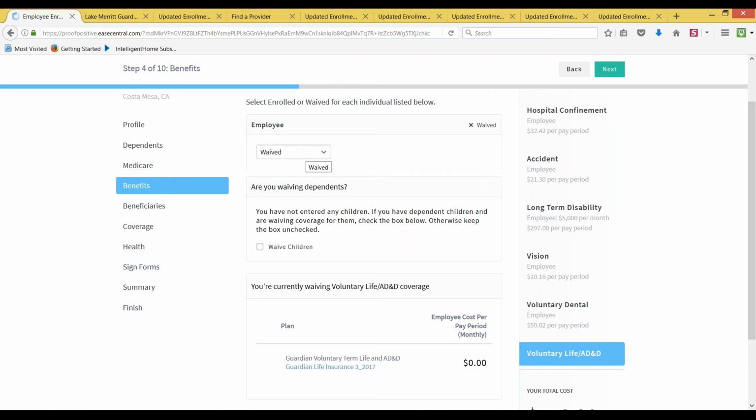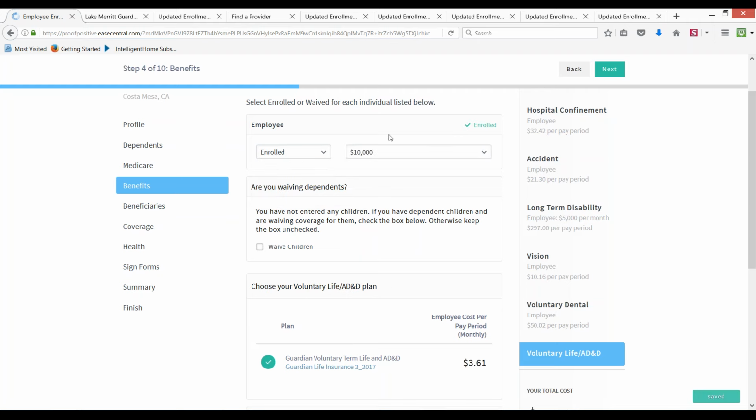So to explain the way it works, very simple. It's regular life insurance on a term basis. This is really good to have to just kind of get things going. If you come up with a life insurance plan that's better than what we have, I'm all for that. I mean, I sell life insurance all day long. So if you come up with something awesome later, just let us know what's going on. And when it comes to open enrollment, we can waive that or we can do something different. For some people, they forget to enroll in something, or they have diabetes and they couldn't get life insurance. This is an easy way to get it.